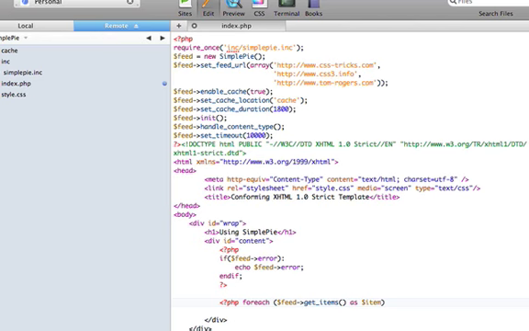PHP for each, meaning for each thing pulled out by this function, convert the results of that function and just give it to us as the item variable. So now we're just going to put a colon and end our PHP statement, sorry. And we're just going to come here and do